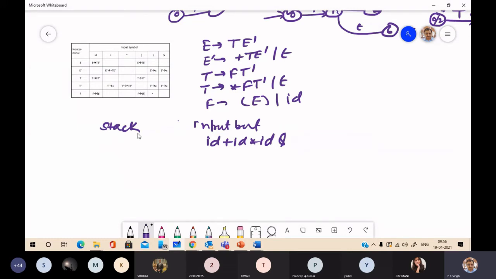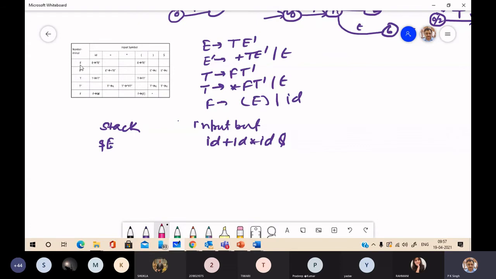So we have the start symbol, dollar, and the start symbol is E. Now your parser program will refer to the top of stack. On top of stack you have the start symbol and the current input symbol is ID. So E and ID will say about the next action.